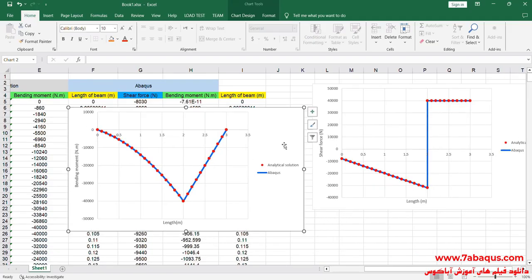Here, the bending moment diagram can be observed. The diagram drawn with red color is related to the analytical solution, and the diagram drawn with blue color is related to the Abaqus software. As you observe, the results of the Abaqus software are precisely concordant with those of the analytical solution, and this indicates that the Abaqus software is able to draw the shear force and bending moment diagrams exactly and with very